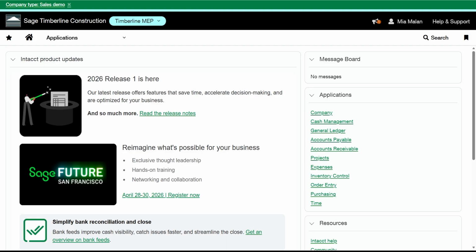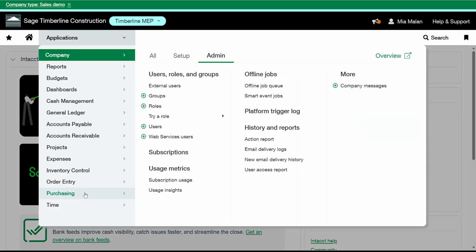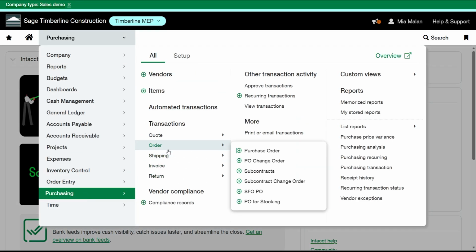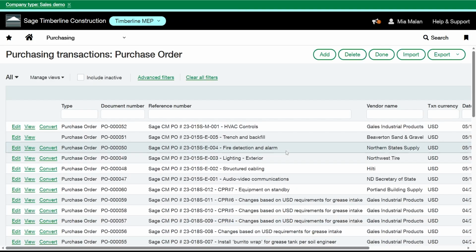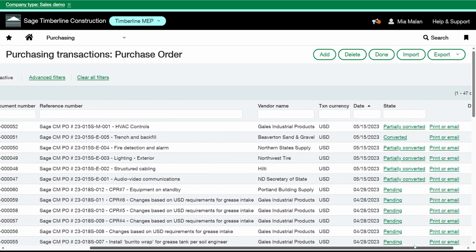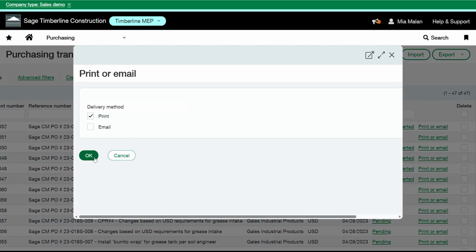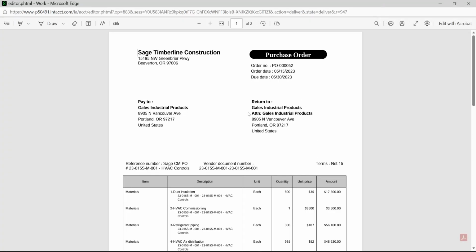So currently, if you don't have any customized templates that you're using, if you were to print out a purchase order, for example, it's going to automatically use whatever form Sage has connected to that transaction definition. So I'm going to go into purchasing and we'll print out one of my POs. I don't have any custom templates set up yet. So when I print out this template, it looks like this. And this is a standard purchase order template that Sage has created. So we're going to download this and we'll make some edits.